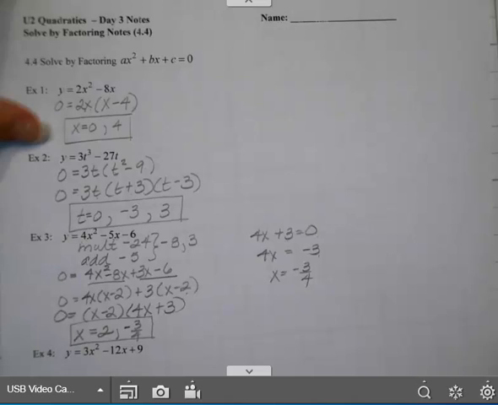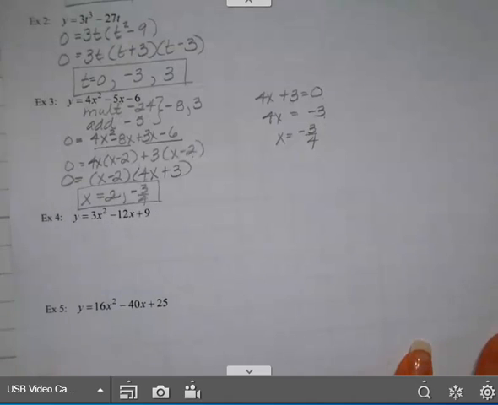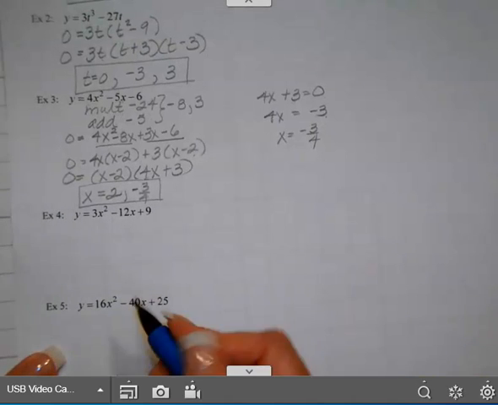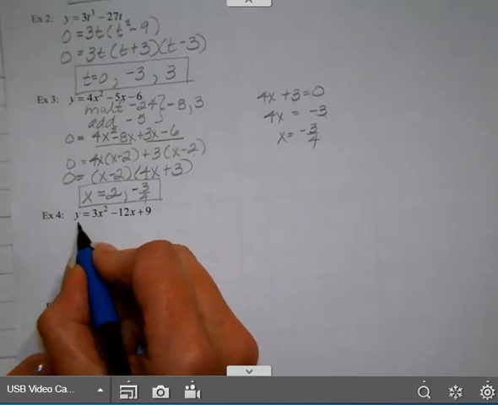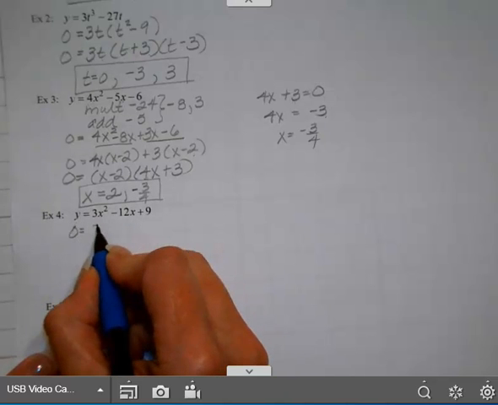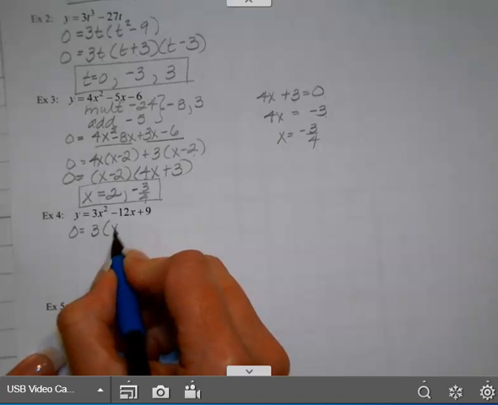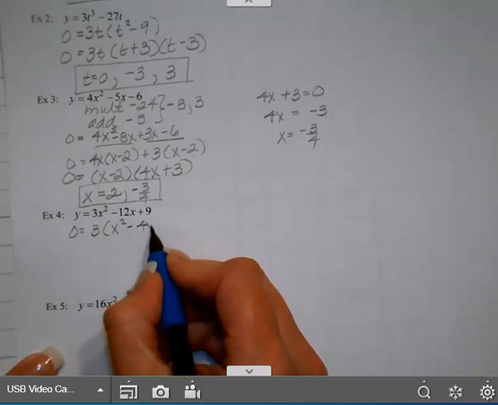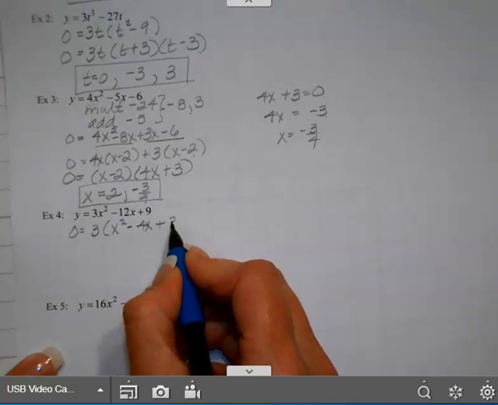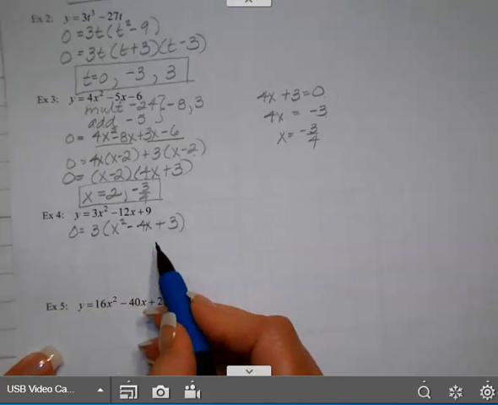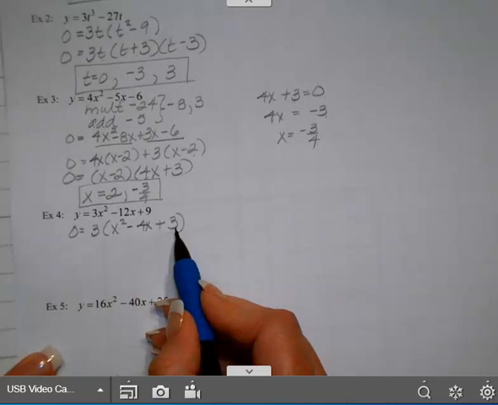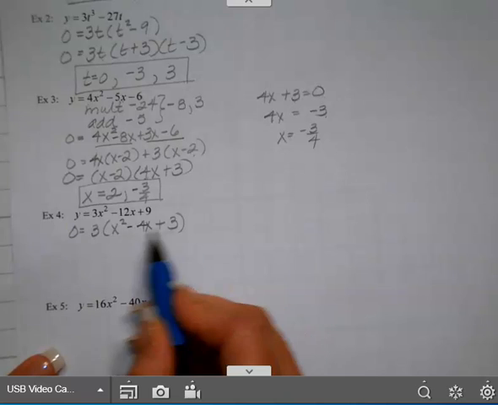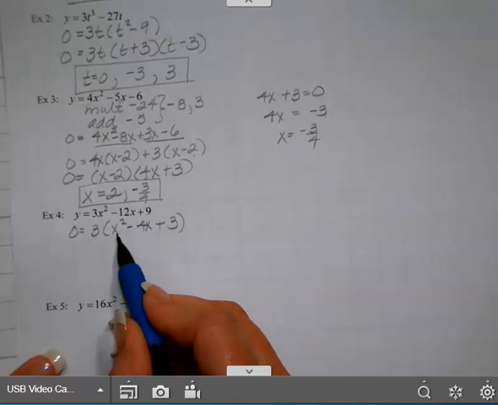For the next example, make sure you start with greatest common factor, and these do have a greatest common factor. I'm going to set y equal to 0. I can factor out a 3, and then I'm left with x squared minus 4x plus 3. This has 3 terms, so you could check perfect square. It's not, because that's not a perfect square, but the leading coefficient's 1, so I don't have to split the